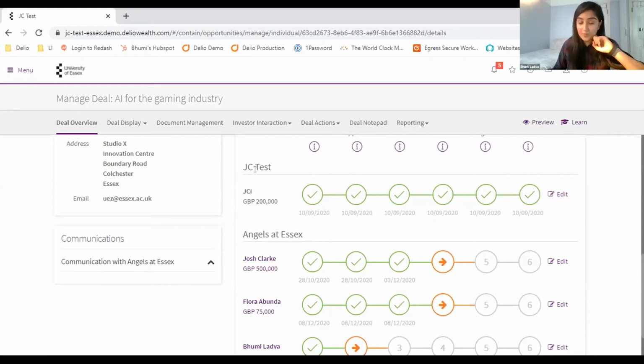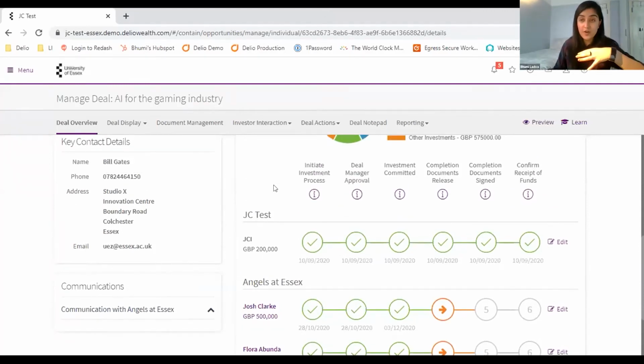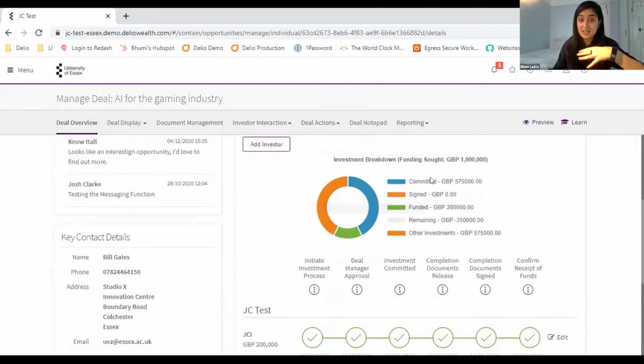What this top section represents is my cap table. So my investors, maybe my family and friends have invested, maybe I'm already speaking to investors who are not a part of the platform, but I want to keep a log of those investors and create a holistic view for me to keep up with where my investment is at.